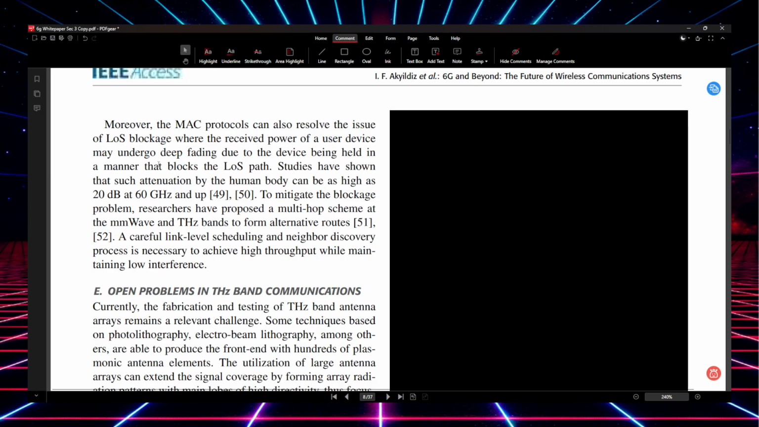Moreover, the MAC protocols can also resolve the issue of LOS blockage, where the received power of a user device may undergo deep fading due to the device being held in a manner that blocks the LOS path. Studies have shown that such attenuation by the human body can be as high as 20 dB at 60 gigahertz